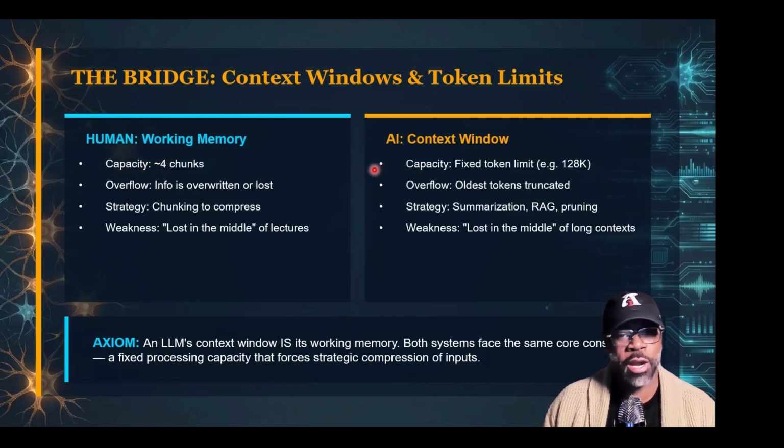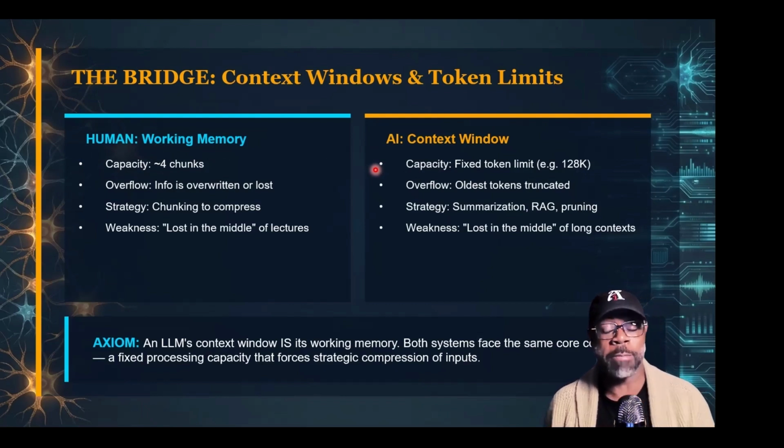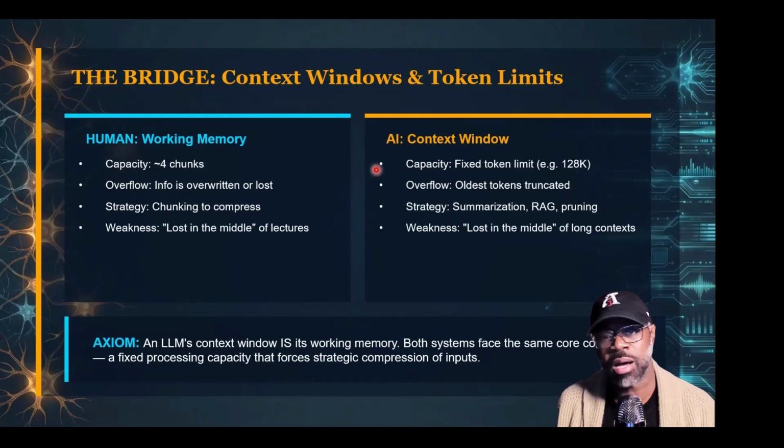Capacity for AI varies. The recent model by Claude that just came out last week, Opus 4.6, has a fixed token limit of approximately, not 100, but 1 million tokens. So that's a very large context window, which means a very large working memory set that the AI model can handle, right? Ours is not nearly as large. The overflow info is overwritten or lost.